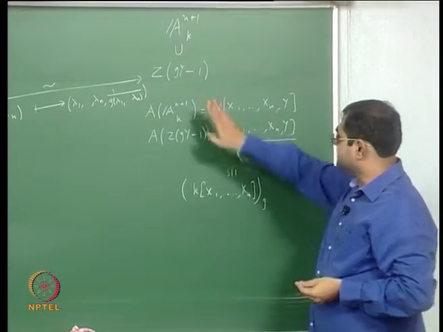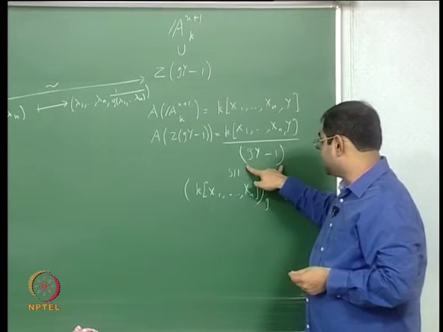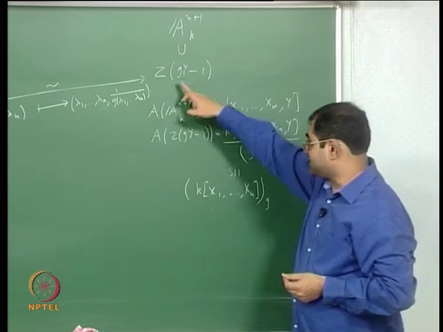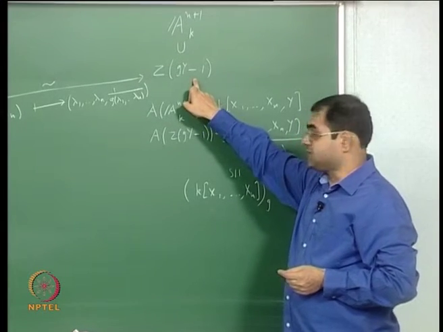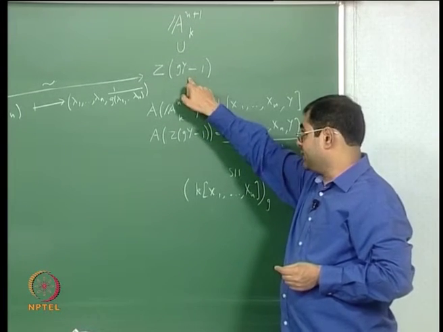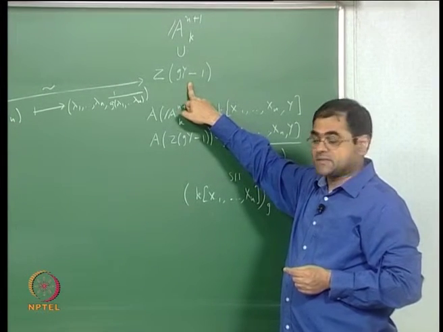Since this polynomial gy minus 1 is irreducible, the ideal generated by gy minus 1 is prime, and the zero locus of that polynomial is a hypersurface, and it is a closed subset